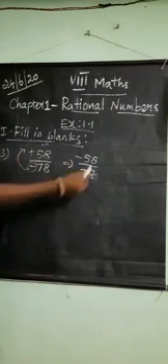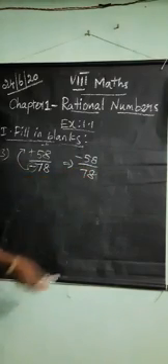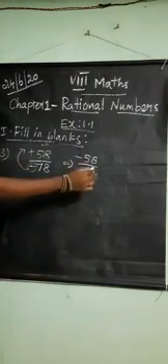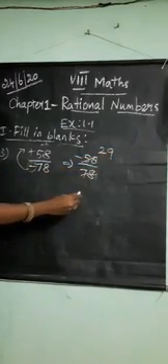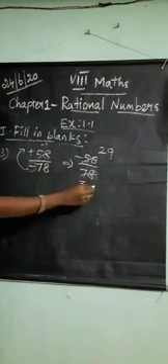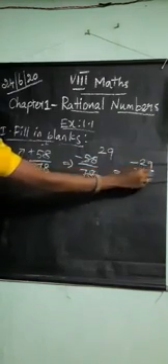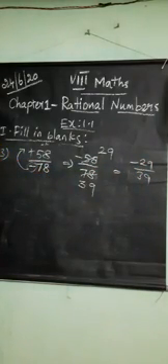So these two numbers come in the same table. Both numbers end in an even number, so cut in the second table. 2 2s are 4, balance 1. 9 2s are 18. Next, 3 2s are 6, balance 1. 9 2s are 18. So that is minus 29 by 39. These two numbers are prime numbers, so it is the simplest form. That is the standard form. Are you clear?